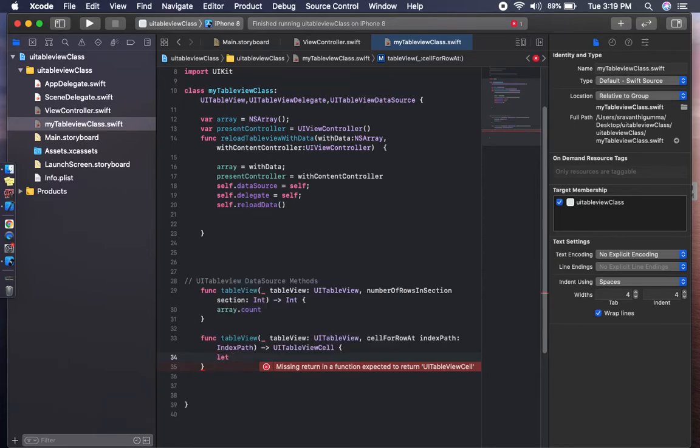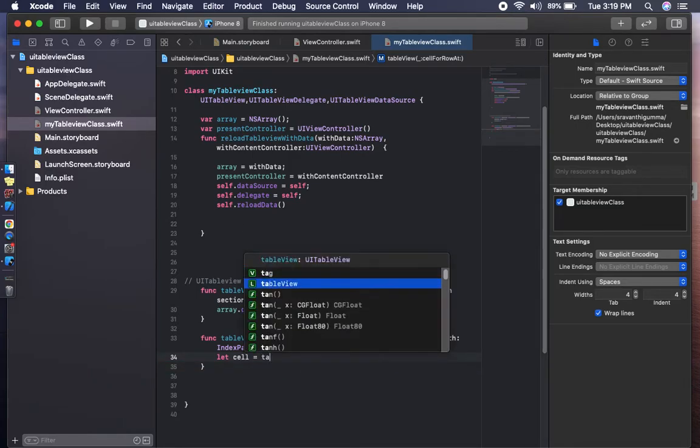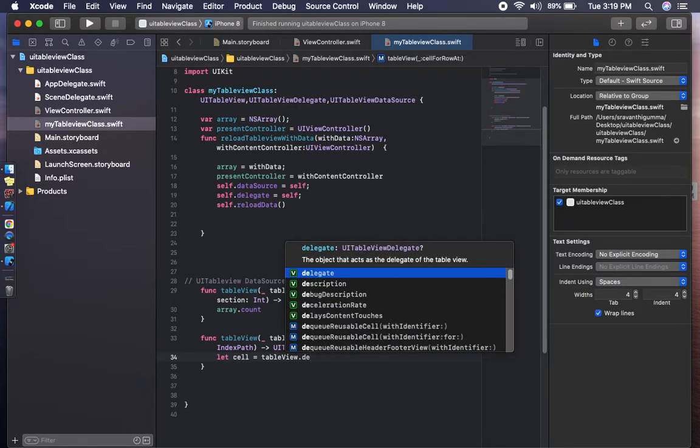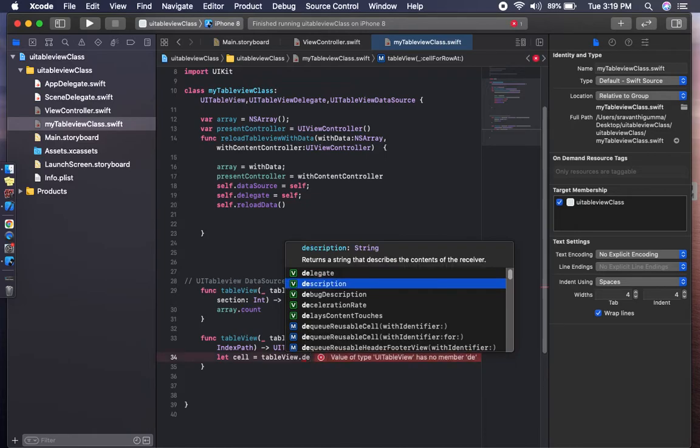Let cell equal to tableView dot dequeueReusableCell with identifier, for index path.